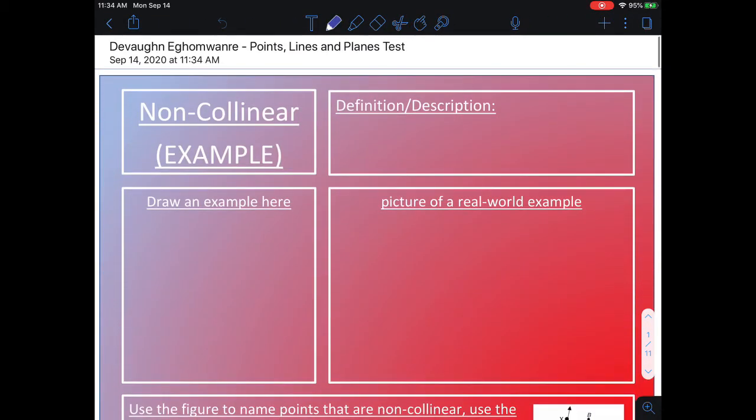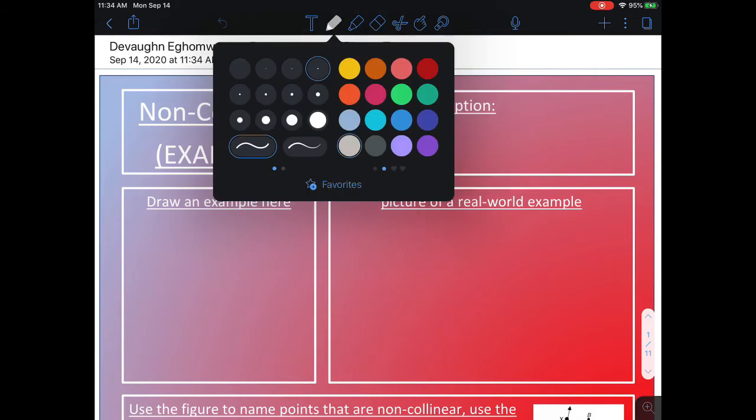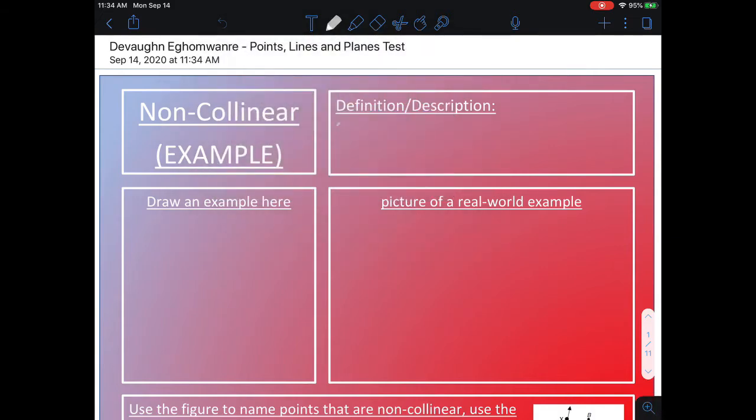Okay. So just for the purposes of this tutorial, I linked the one that doesn't have the example for you, so I'm going to do the example for you right now. All right, so let me switch my stylus out real quick. So non-collinear, we need a definition, right? So we have, let me use a different color, 3, just slightly bigger pen size, sorry, 3 points